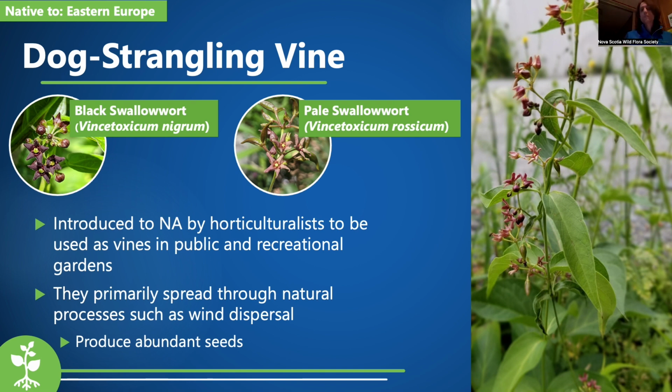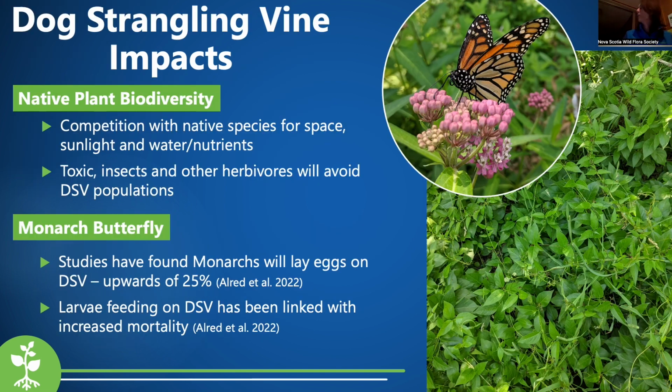of a pinkish color. These are twining vines, so they basically twine around any structure to gain vertical height, including themselves. They have opposite leaves with a very smooth margin, and tend to be a dark greenish, glossy leaf color. So in terms of why this one is quite concerning, one is the native plant biodiversity